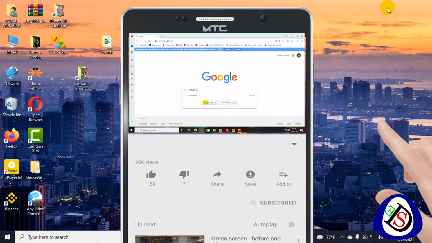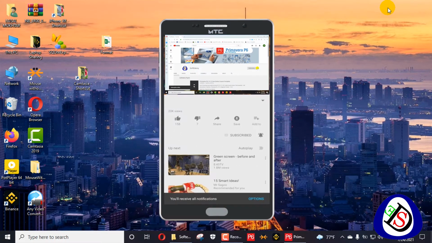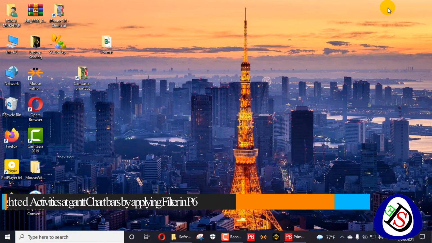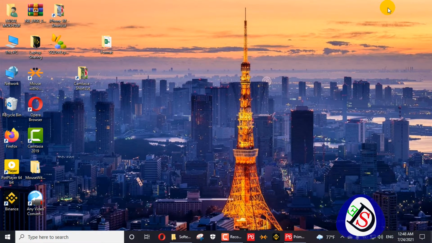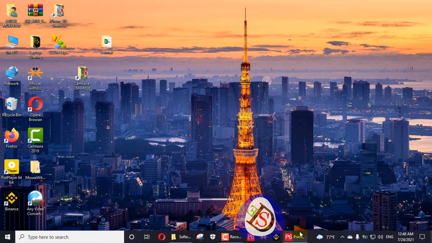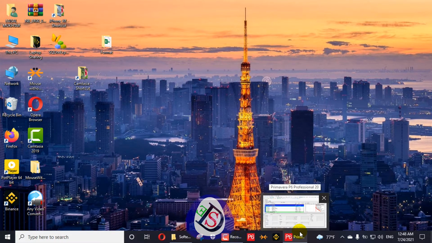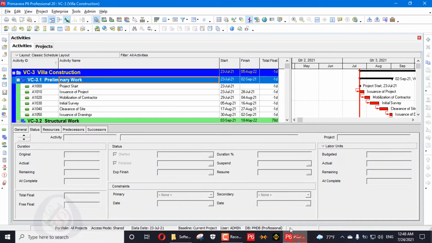Today we will discuss how to apply highlight activities in a project, how to display those activities in a time scale area, how to configure your bars, and how to format your chart option and bar option in Primavera P6 and display those activities in a Primavera P6 print preview layout. So we will open Primavera P6 here.